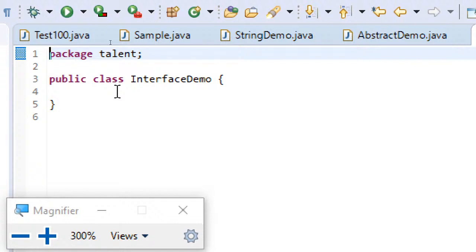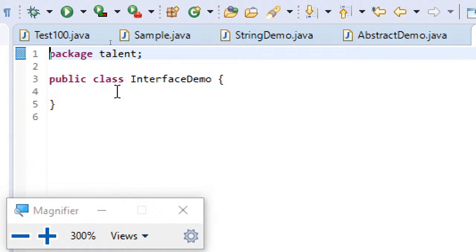I repeat, an interface has a class structure, but it contains all abstract methods. In the earlier case we understood that abstract classes can contain both concrete and abstract methods, but in interfaces we will have only abstract methods.